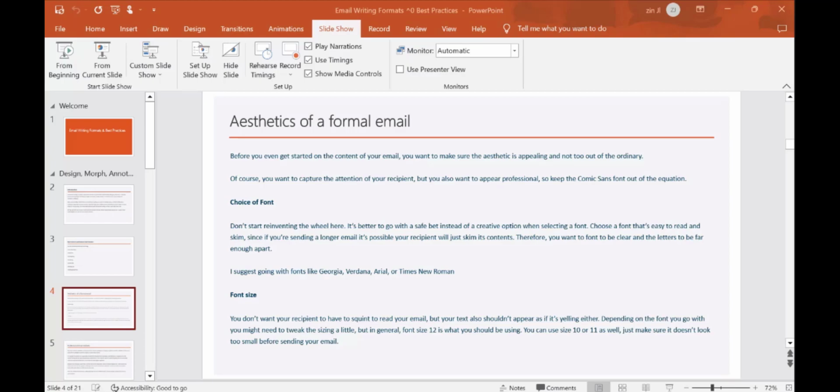So the normal stuff that a lot of people use these days is the choice of font. I'm just going to start here. In the choice of font, it's always better to go with a safe bet instead of creative. A lot of people like the whole cursive writing and calligraphy and stuff like that, but the formal essence is like how you go to work, right? When you look at somebody wearing a suit and a tie, even though it could be boring, it is the way to present yourself. A proper suit, proper tie, formal shoes.